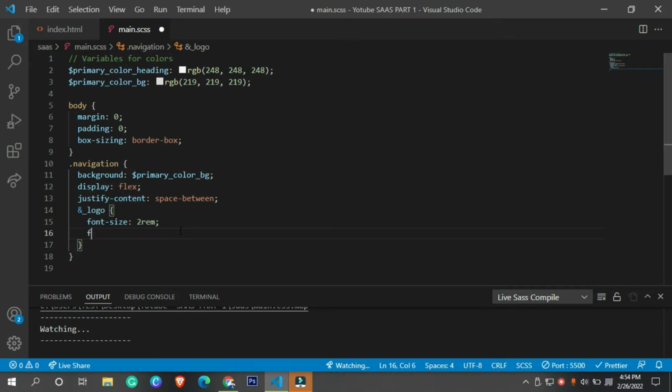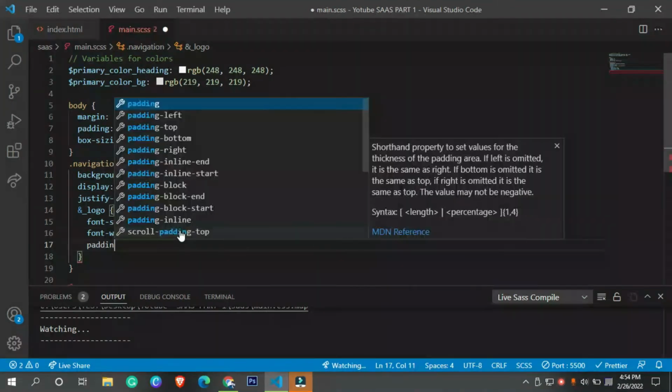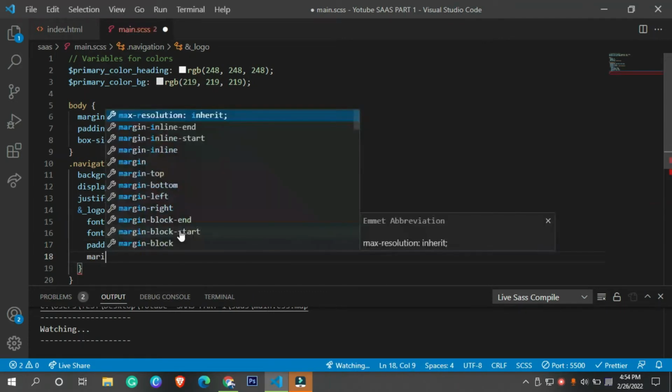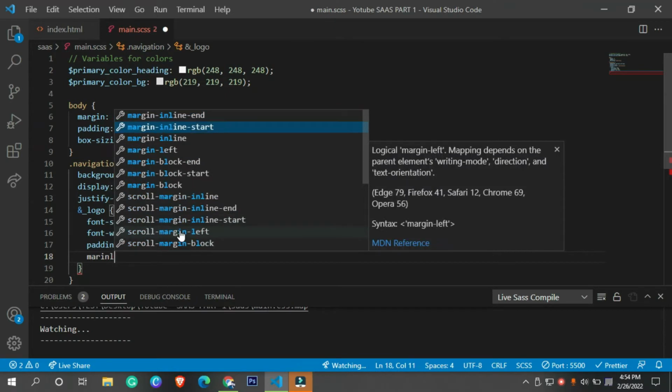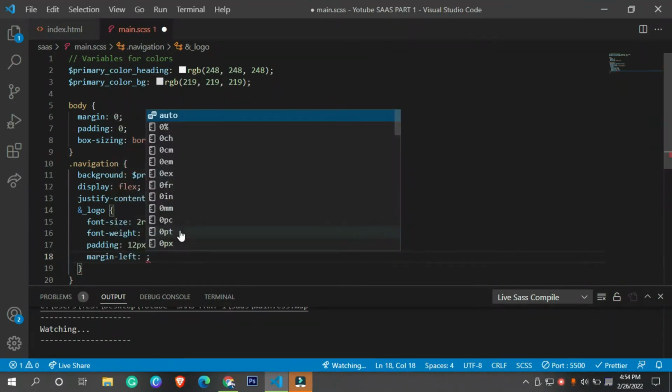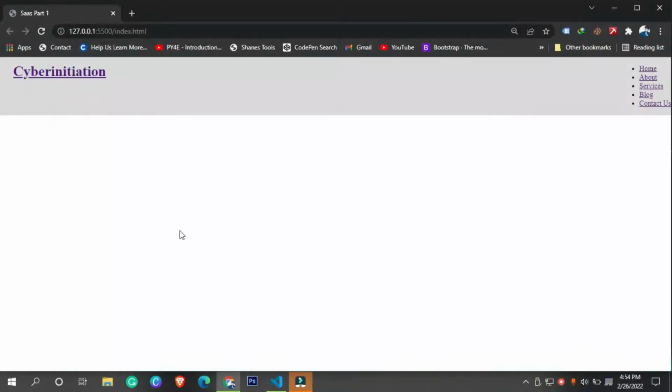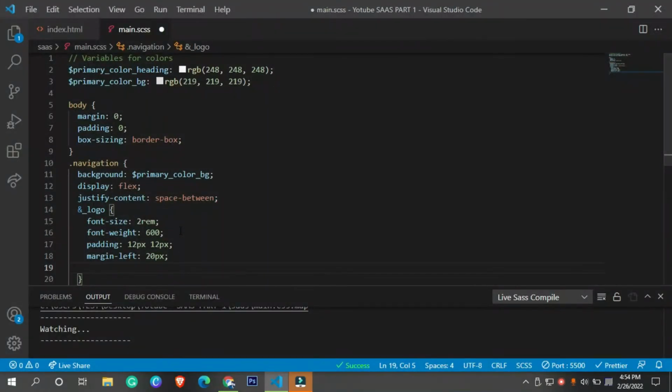Now we can add the font weight. Let's say the font weight is going to be 600, and the padding I want to add is 12 pixels from top to bottom and 12 pixels from left to right. After that, we need a margin from the left because I want some space from the left side. Let's say 20 pixels is enough, and that is totally fine.